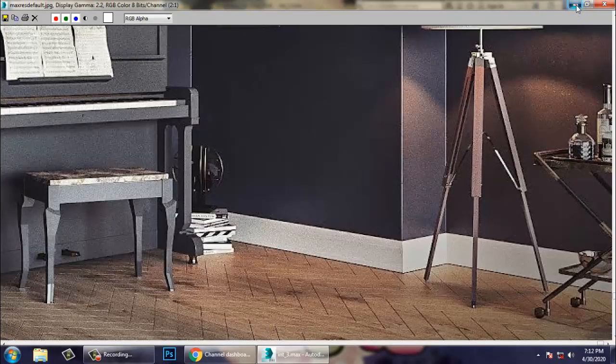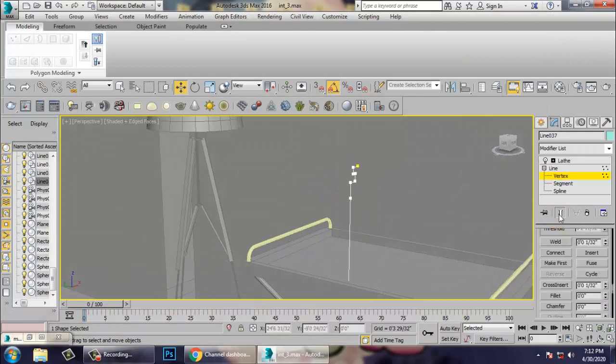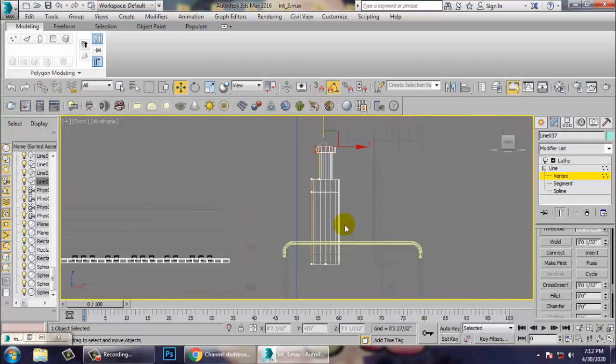So let's go into the line tool, go into the vertices, push this up.